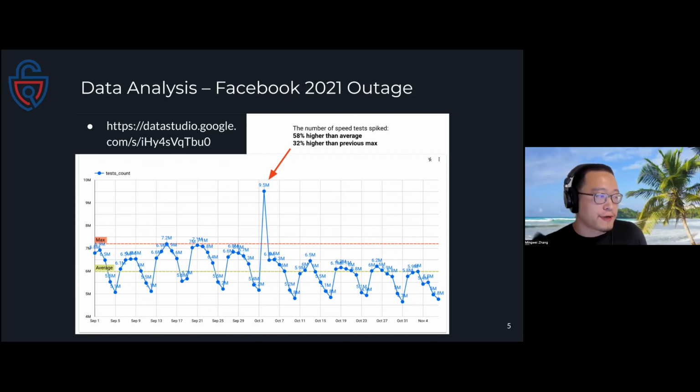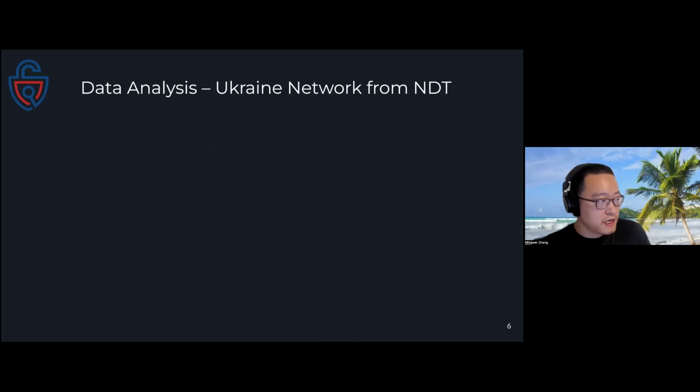So the takeaway point is that if we see a significant enough outage event, we could potentially detect it using the NDT data. But if you actually see internet outages, then the NDT results will probably not be able to finish, and that can be a different issue. I'm interested in looking at more types of events other than just company-specific events.